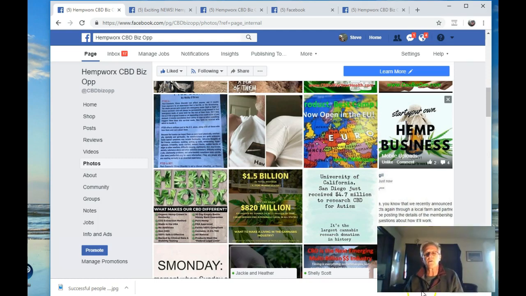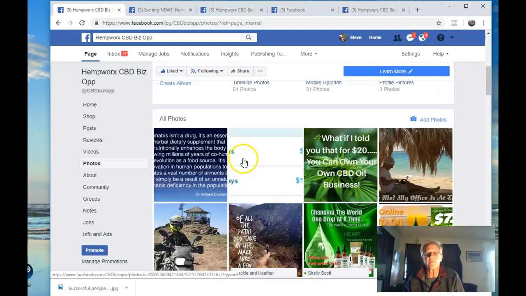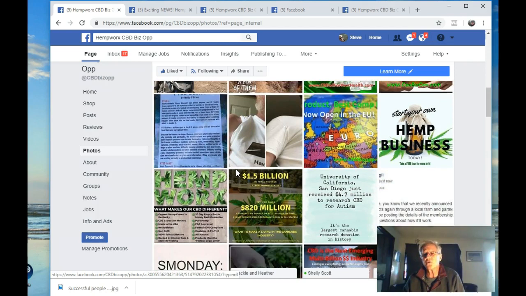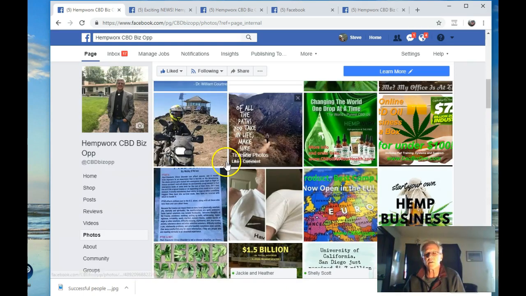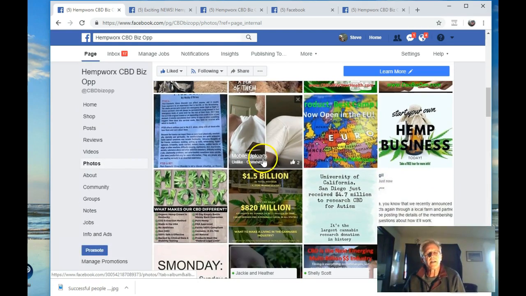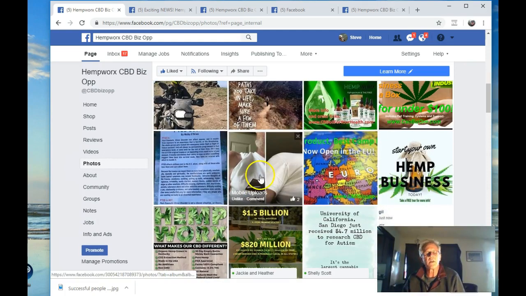But really quickly, I'm going to go through a page here. This is actually a business page of mine, and I'm utilizing a tool here that allows me to show you what's going on my desktop. One very good way to find good materials to share, for those of you that are in business, is to go to your business page for your product or your company, and click on Photos. Go down through your photos and find something that you'd like to share to a page of yours or your personal page. I'm going to utilize this particular Europe picture here, and what you do is you click on that,